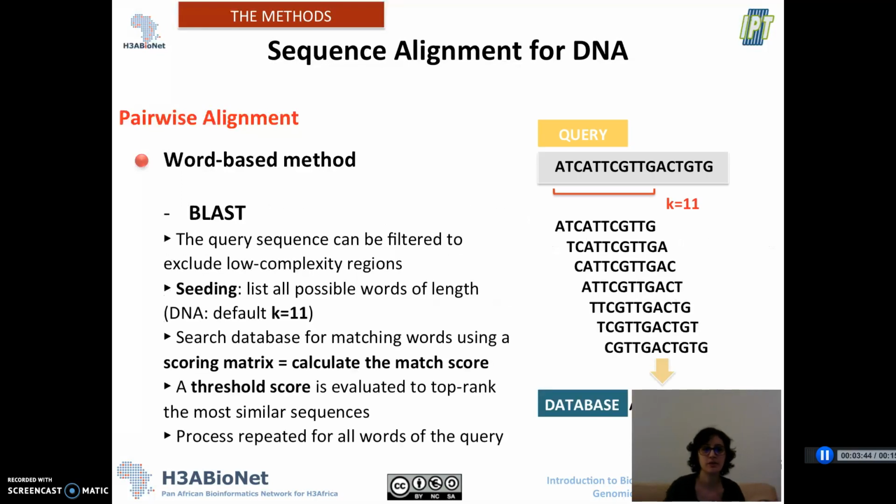So in the BLAST method, you have the query sequence here. You can first use an optional step that is filtering the low complexity regions in order to exclude them from the next steps of the analysis. Then you do what we call a seeding step, which is listing all possible words of length K, which here is 11 by default for DNA. If you were comparing protein sequences, it would be 3 by default. So here it's 11, and all possible words of length 11 are